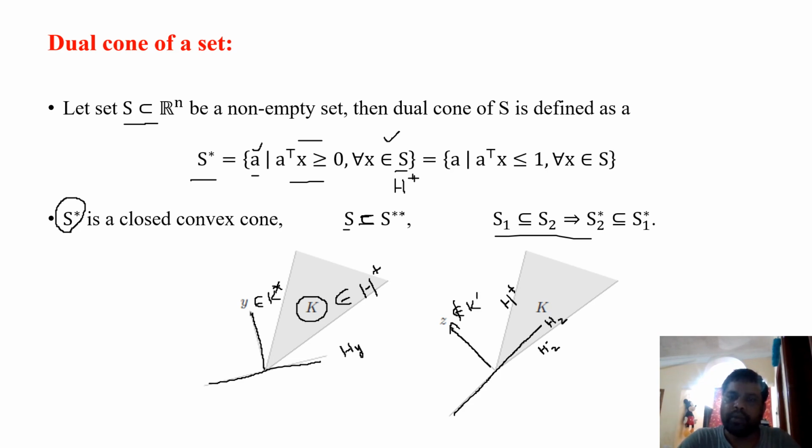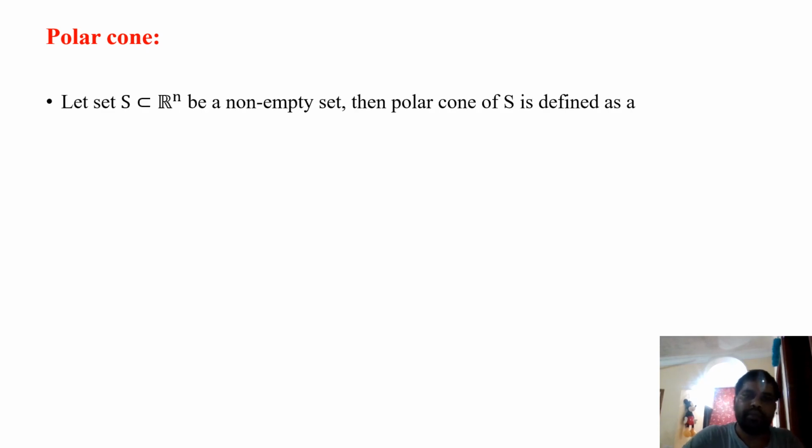I have already given a couple of examples of how to find an element of the dual cone. Now I'm coming to define the polar cone, and then I will find a relation of the polar cone with the dual cone. So what is a polar cone? Here, first I would like to again give a layman definition.